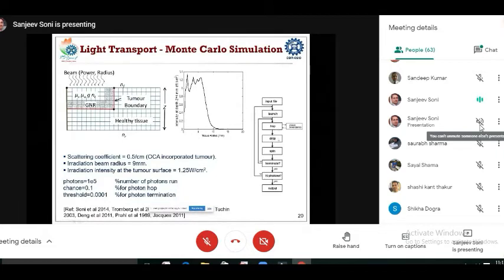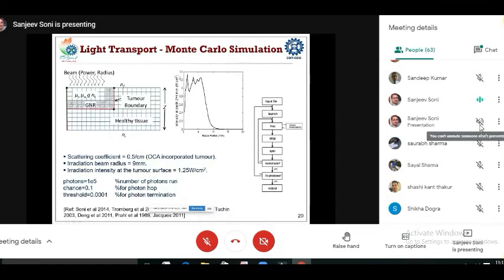If there is absorption, we call this a drop, and if there is scattering, we call this a spin. By these phenomena, suppose I have launched a photon of weight 1, then obviously due to these things its weight will reduce, and ultimately we'll be able to terminate the launch of the photon after it has reached a very low value of weight. Now we need to repeat this loop for a number of photons, maybe around 10^5 or 10^6 photons, and ultimately we get certain light outputs.